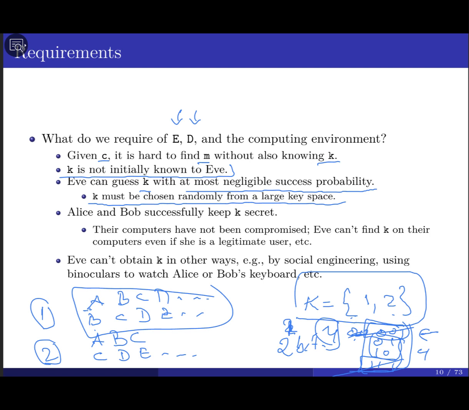But if the size of the key is, for example, n bits, you have 2 to the power n possible keys you can choose from, from all zeros up to all ones. We have a lot, for example 2024 bits. That's why, if you hear about some encryption scheme later, you see that they increase the size of the key. Why? In order to make it harder for the bad guy to guess the key.